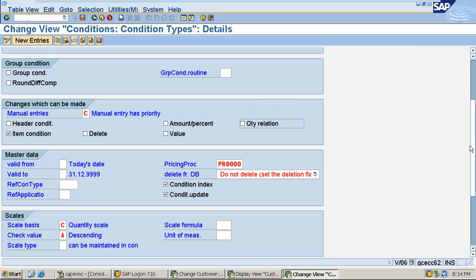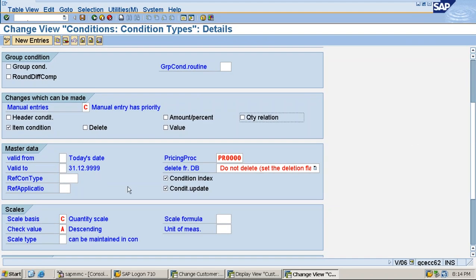So you have certain fields here, master data fields, which you are seeing here, these fields you can also see in the VK11, that is the condition record. Okay, that means these fields you can control at the condition type level, or you can control them at the condition record level. That is up to you. Depending on the client's requirement, you can control these fields. Suppose, say, the validity of a condition record or condition type, you can control either here or you can control it in the